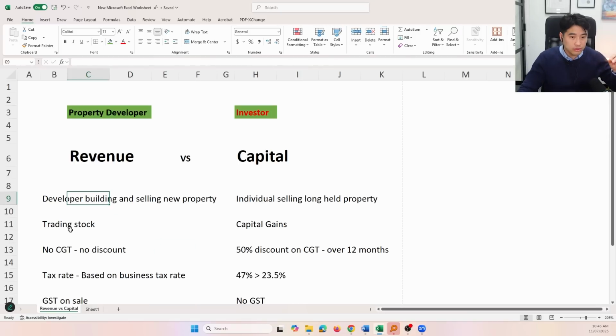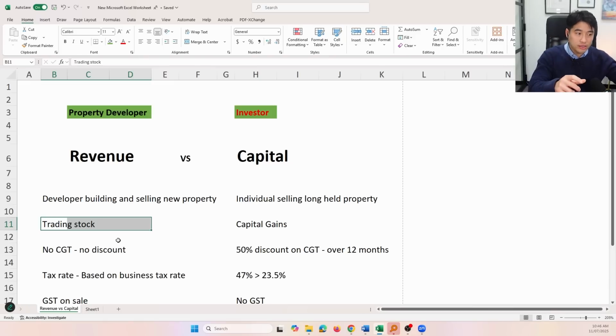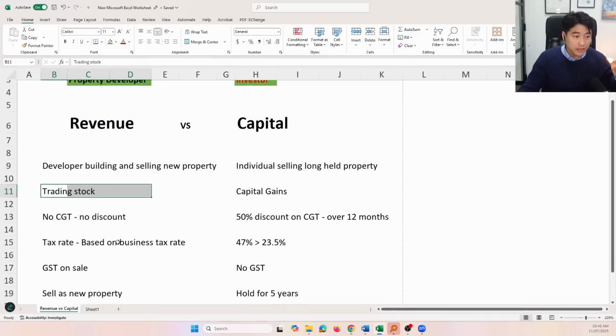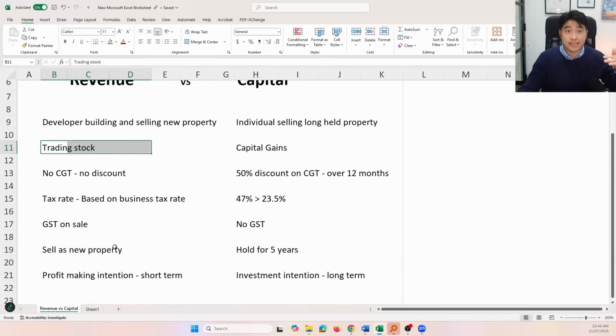They see the property purchase as stock on hand, or trading stock. And the way it works is that you can't actually claim it as a tax deduction or put it as losses. They just keep it as trading stock until you sell the property. Then what the ATO advises you to do is take the sale price, minus the trading stock, minus all the improvements or construction costs, minus any other expenses you've paid, and then they work out the profit, and you pay the tax on it. But the worst part about it is there are different taxes that apply.